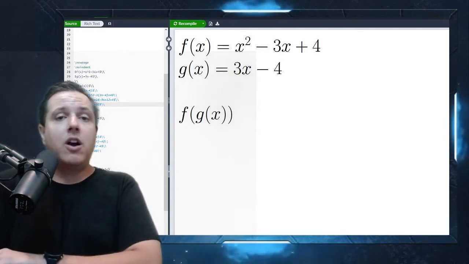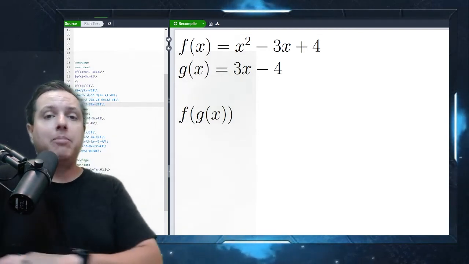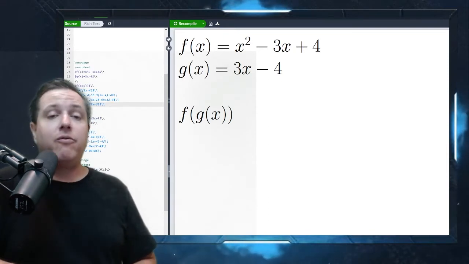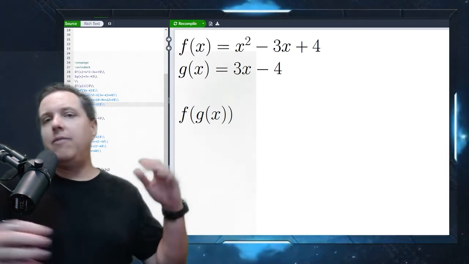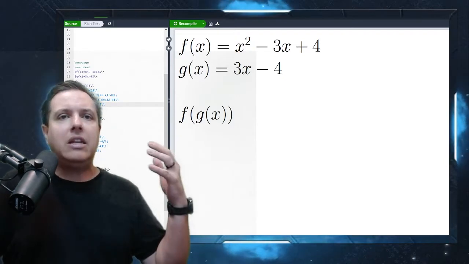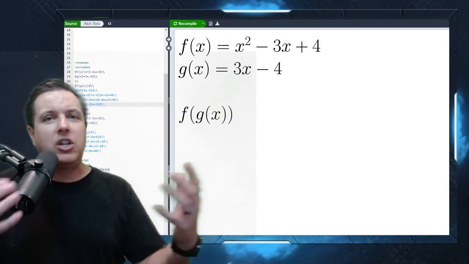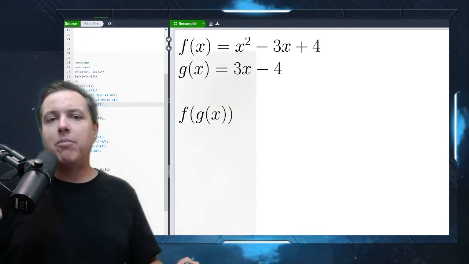Okay, so we're going to start off with composition of functions. Composition of functions is a new type of operation that we use on functions. Basically, you can understand it conceptually pretty easily. Now, there's a lot of things we do with it which at times can get a little confusing, but fundamentally